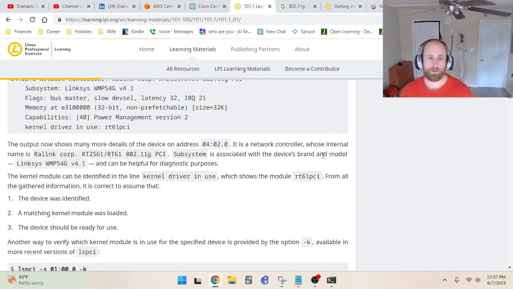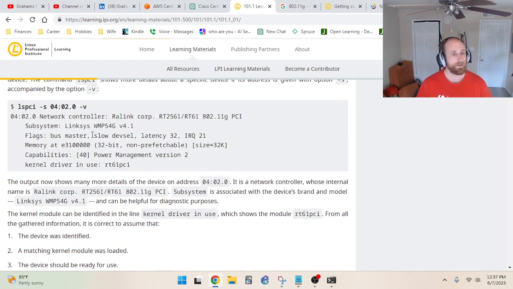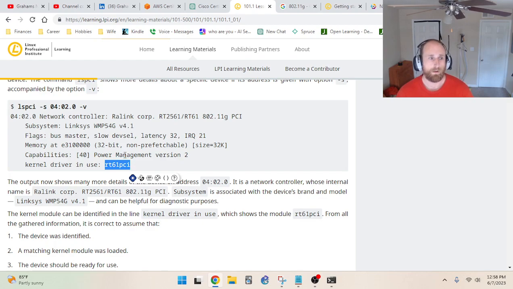Subsystem is associated with the device's brand and model and can be helpful for diagnostic purposes. The kernel module can be identified in the line kernel driver in use, which we can see here. So this is the software kernel module that is used to run this hardware component,